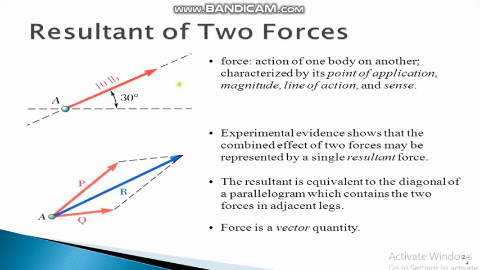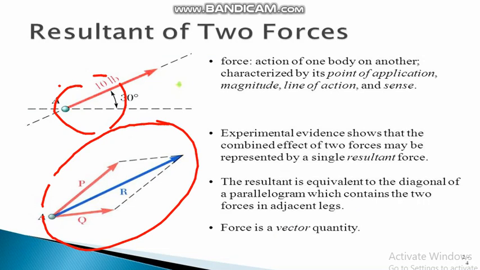Resultant of two forces at an angle. If two forces are acting on an object making a certain angle like this, in this case, the two forces can be represented in magnitude and direction by two adjacent sides of a parallelogram. The resultant force is a vector represented by the diagonal from the point of intersection. This is called the parallelogram of forces. As PR is a diagonal of the parallelogram, the resultant is the diagonal.